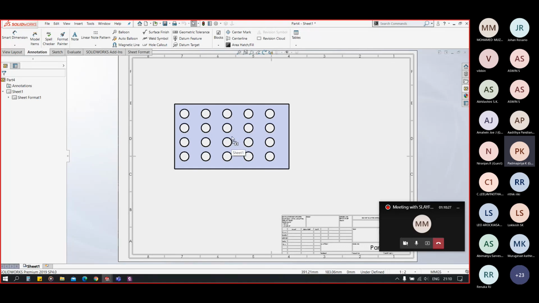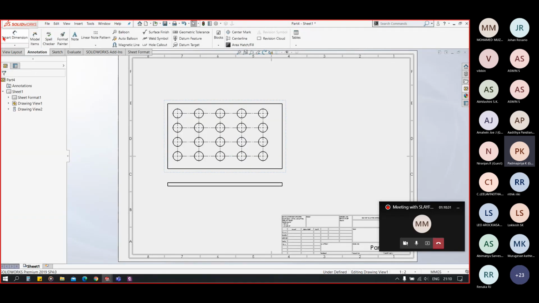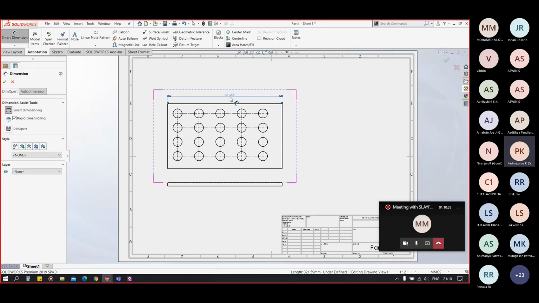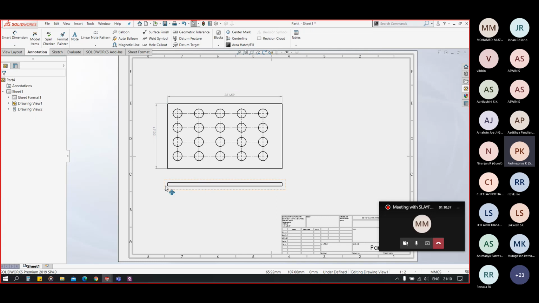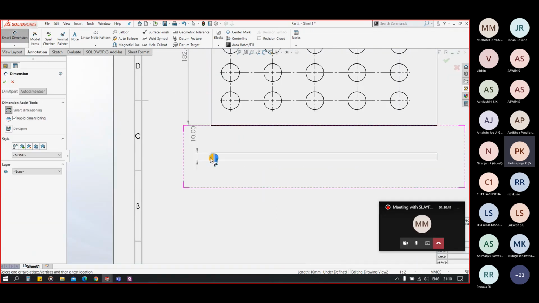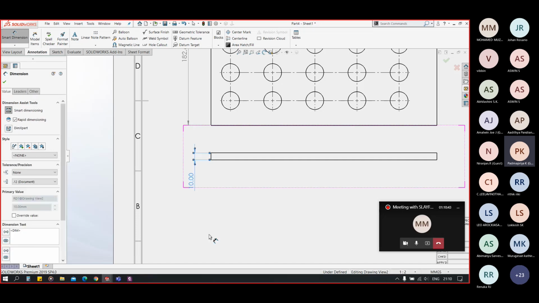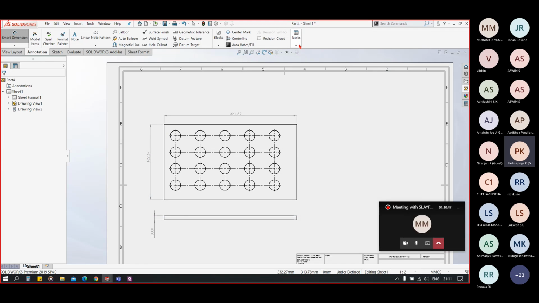I will add a front view. I will add a side view. Give some basic dimensions to it. Now I will add a